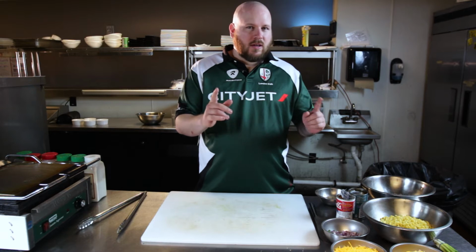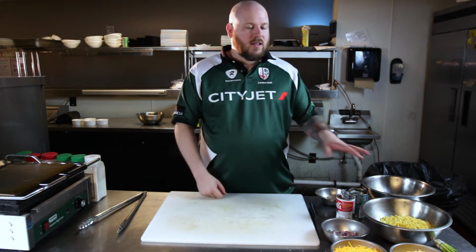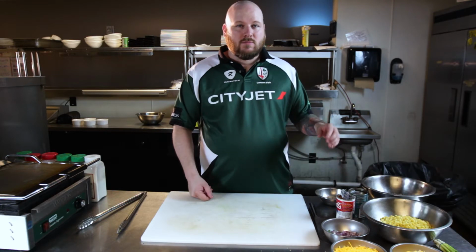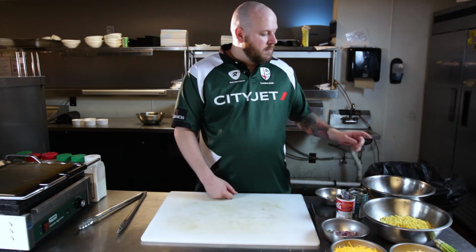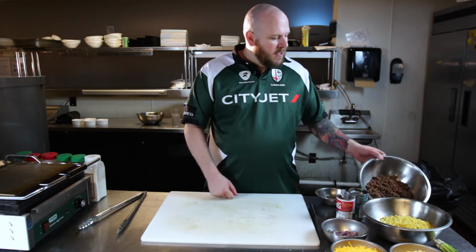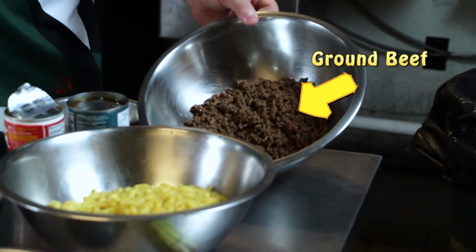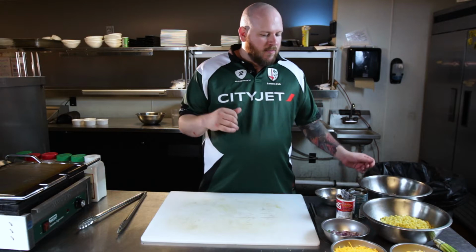So, we're going to do the ingredients first. As always, these are tremendous ingredients. The best ingredients. But I'm going to go over them just so you know what we're working with. First things first is my ground beef. I've cooked this off for the most part. It's like 90%. I'm going to add it back into the pan, and then we're going to be adding in